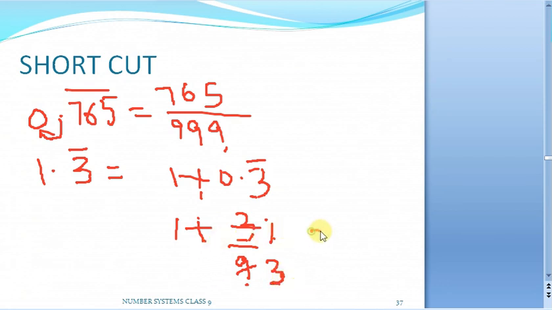Now see, it is 1 plus 1 by 3. 1 plus 1 by 3 is how much? It will be 4 by 3. Just you take the LCM and you will get 4 by 3 as your result. So the answer is going to be 4 by 3. Okay, so this is one way of doing the things. So first converting this as 1 plus, so whatever is before the decimal plus 0 point whatever is repeating, just you can do this way.